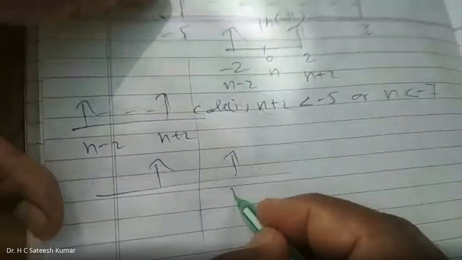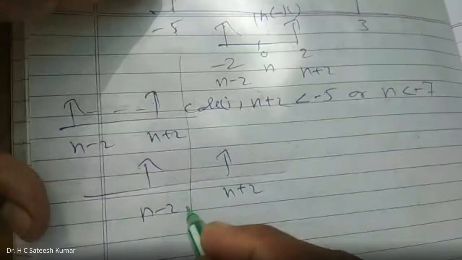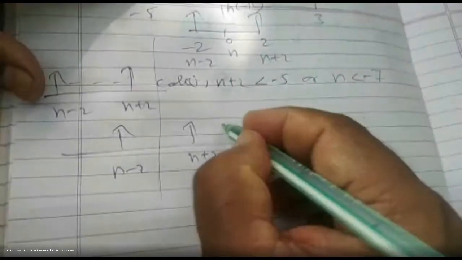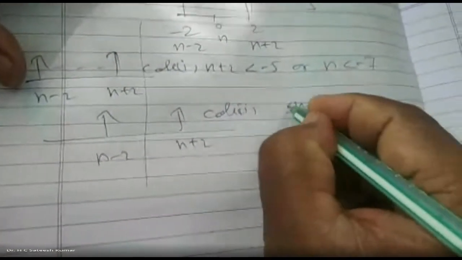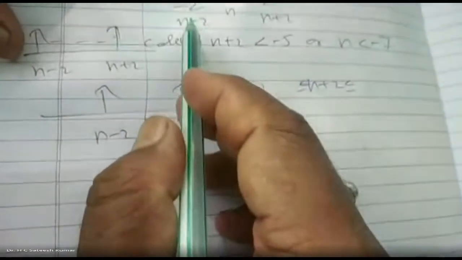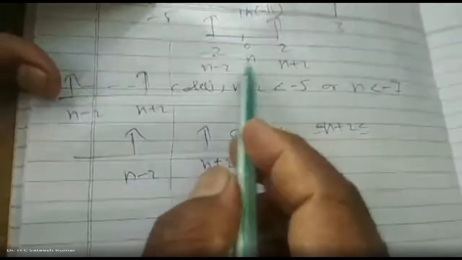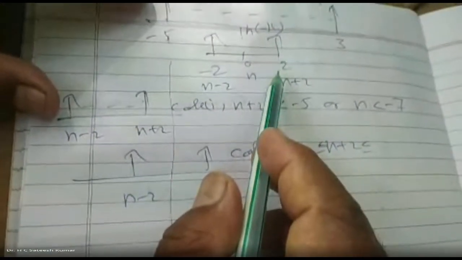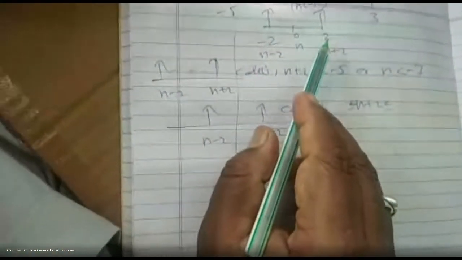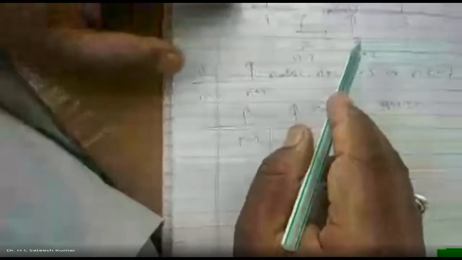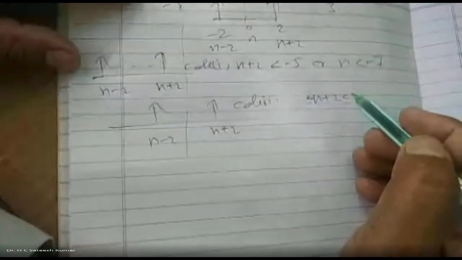Case 2. This is n plus 2, n minus 2. The width is different and finite, therefore we will get 5 cases. Now go for counting the elements. Case 2: n plus 2 lies between where to where? The number of elements in the second one is 5, because from minus 2 to plus 2, including 0, 5 elements will be there. You can count it: minus 2, minus 1, 0, 1, 2. So n plus 2 lies between where to where?